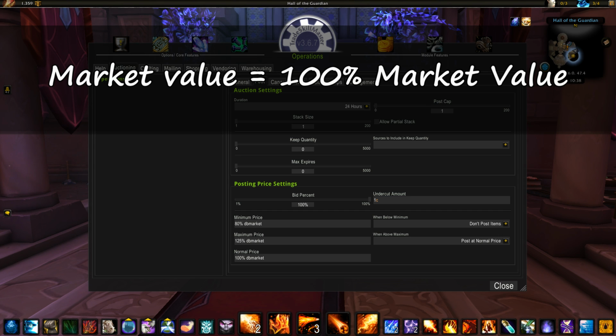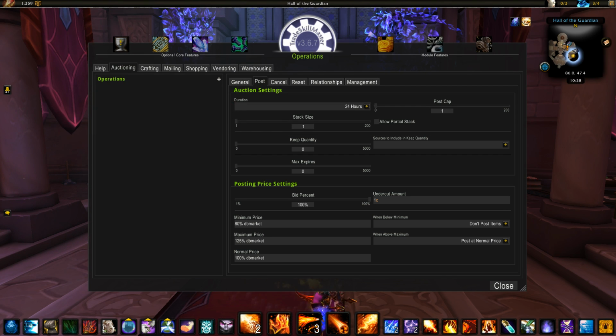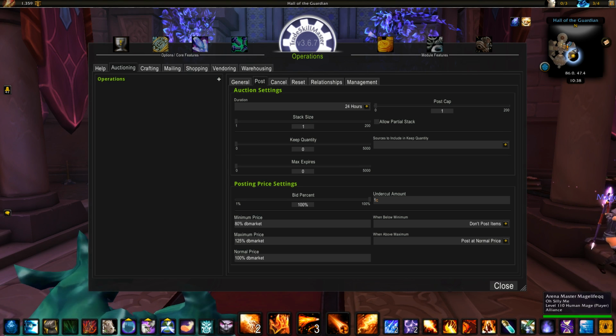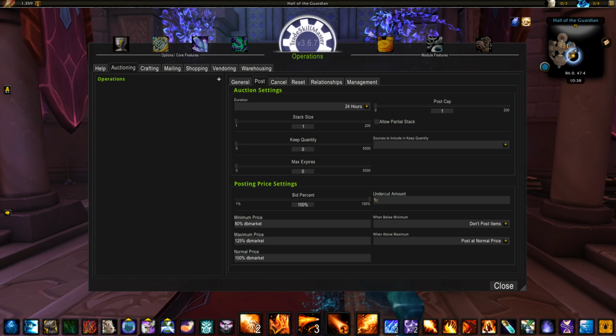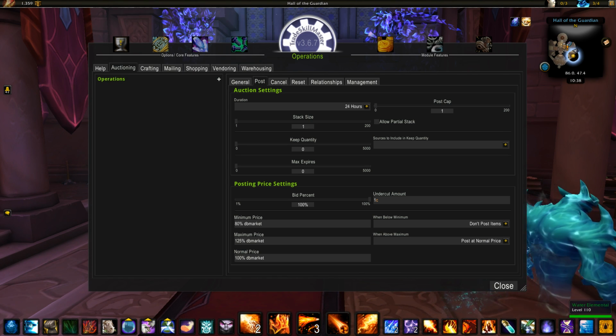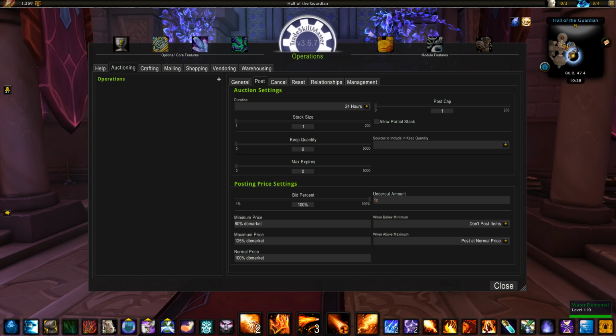So when you're saying 80% of DB market, that's 20% cheaper than market value on your server. When you're saying 125% DB market, that means 25% higher than market value. So your frame of reference and your default position is 100% DB market. Your minimum price is usually going to be a little bit below 100%, and your maximum price is usually going to be a little bit above 100%,